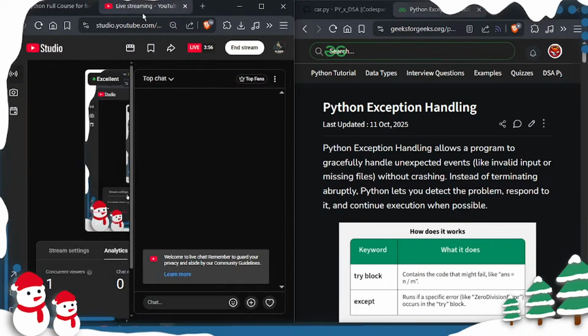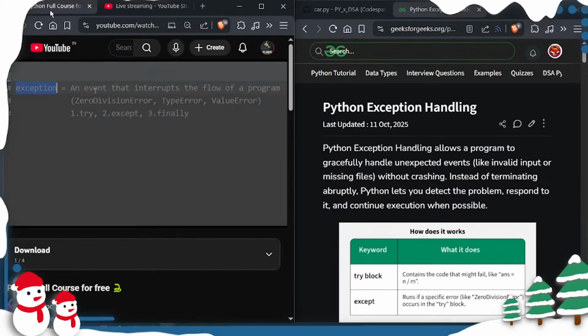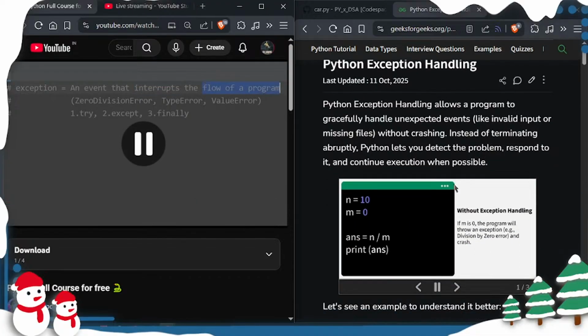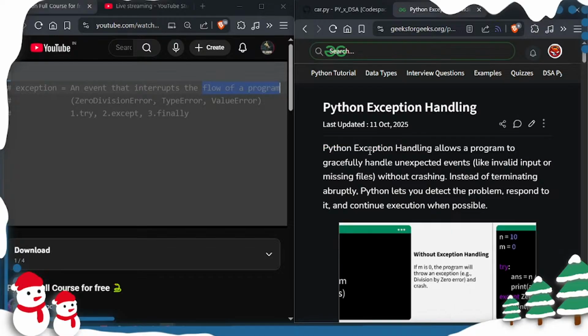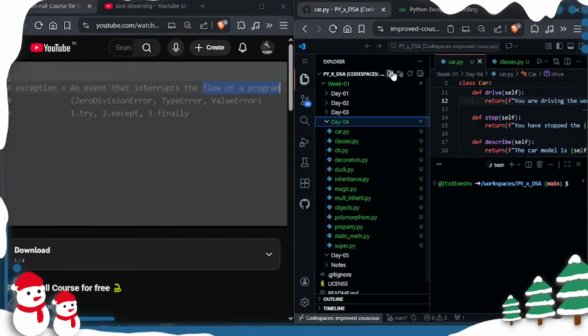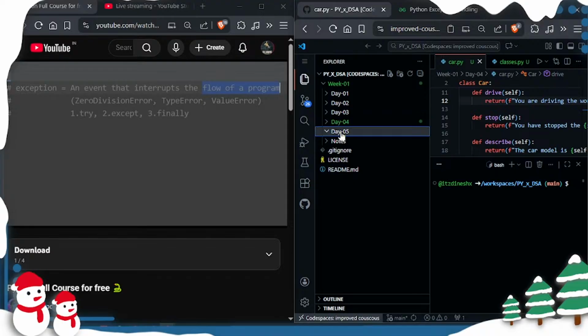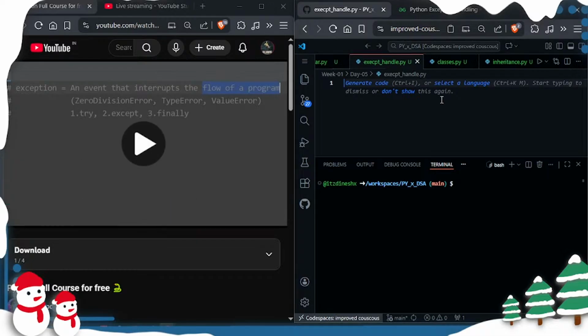Hey everybody, so today I've got to talk about exception handling in Python. An exception is an event that interrupts the normal flow of a program. There are many different types of exceptions, which include, but are not limited to, zero division error exceptions, when you